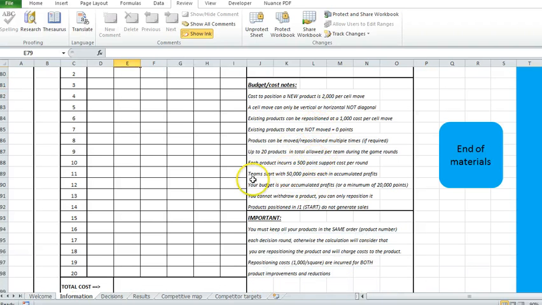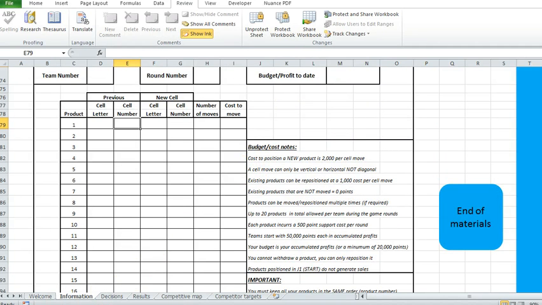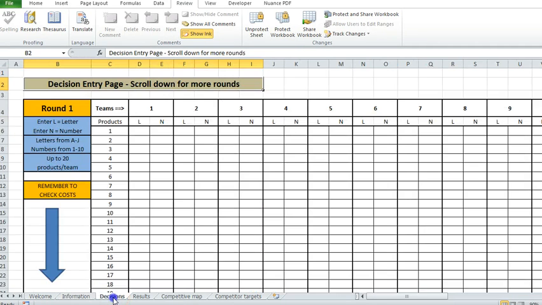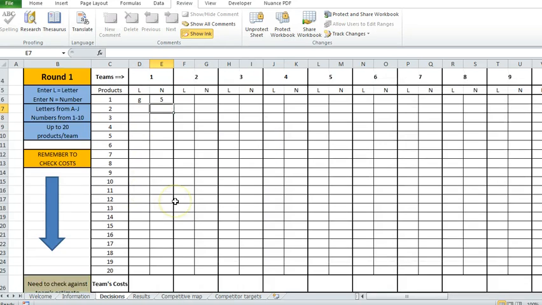All the rules that they need are on the decision sheet, so they can always check. Now, if you play the game in a computer lab or where students have access to a computer, you can give them the actual spreadsheet, and they can just simply type in their cells. That's all you would be doing. You'd be typing in it there, and everything is automated for you,